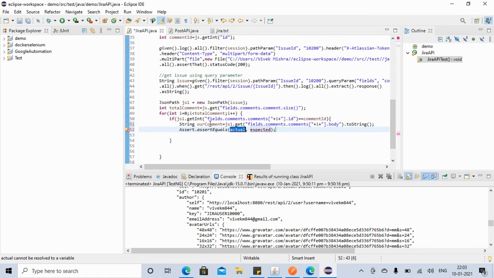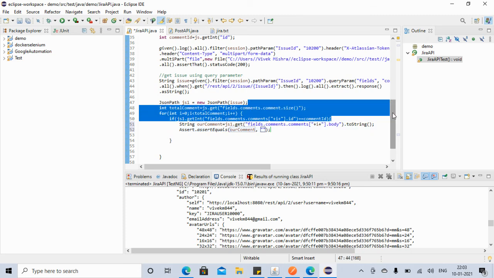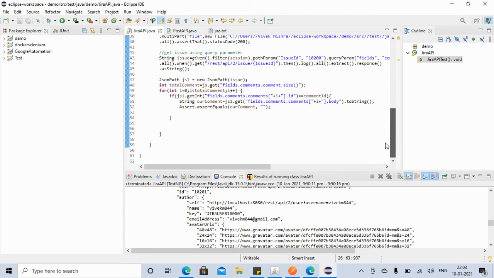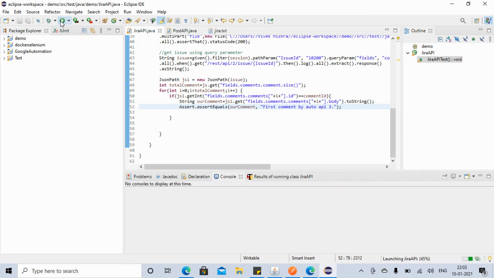The actual comment is this comment that we are getting here. And what is the expected comment? The expected comment is whatever comment we have added here. Suppose this time we say 3 here, so we are adding a new comment, and we want to verify that the comment we added is added here. Now let's run it.